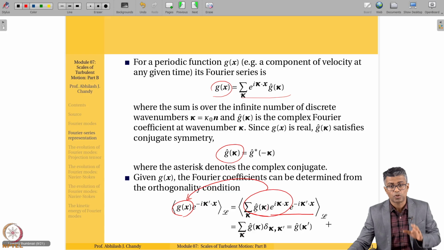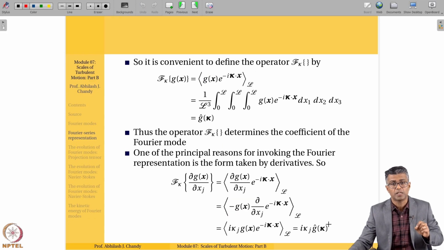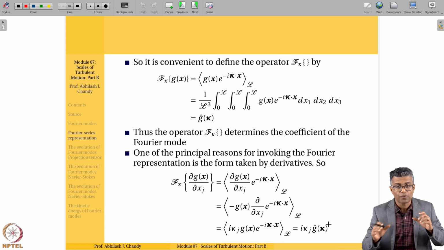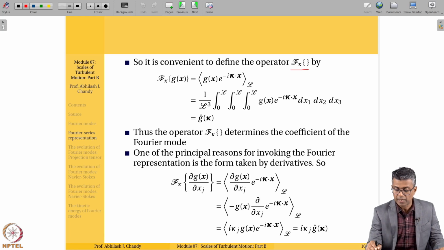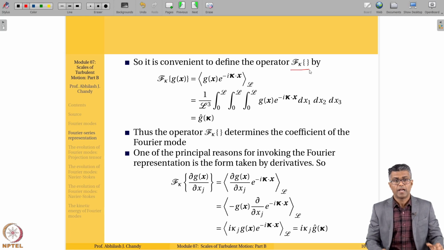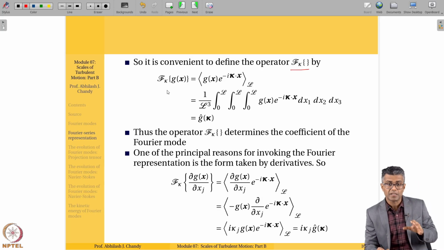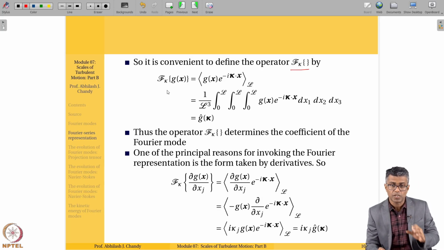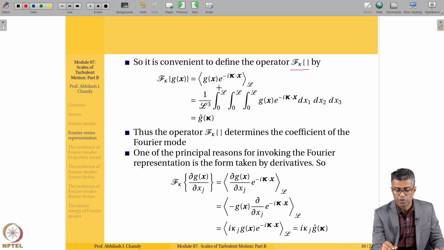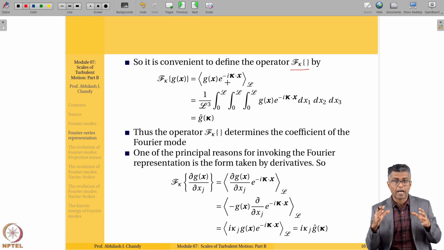So using this, so this is where we were at last time. So using this, we can define an operator, okay? And for now, let's denote it as f kappa. F kappa of g of x. Turns out this is the Fourier transform. So this operator is defined as g of x e to the minus I kappa dot x and volume average